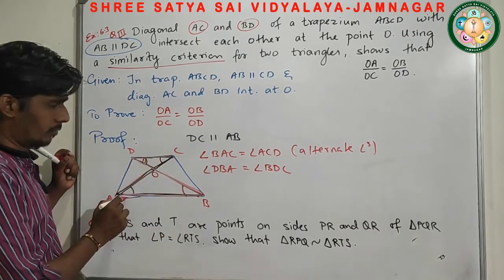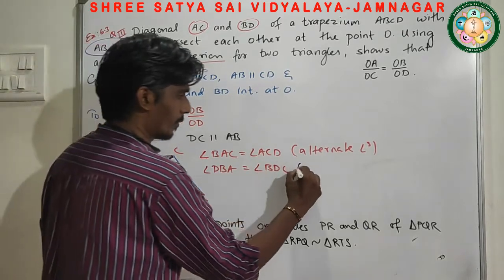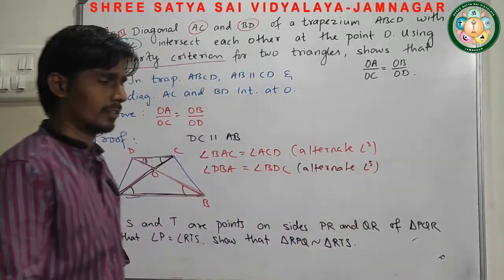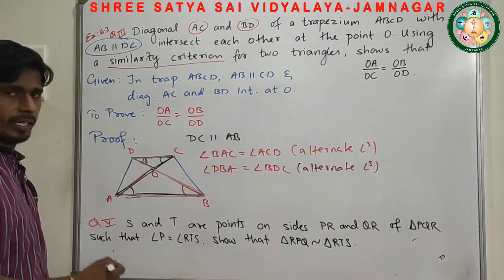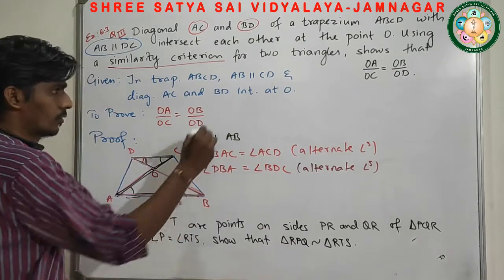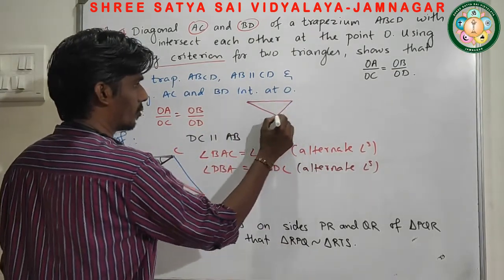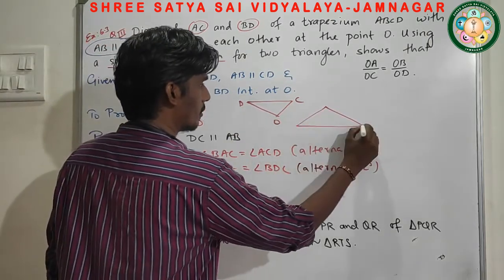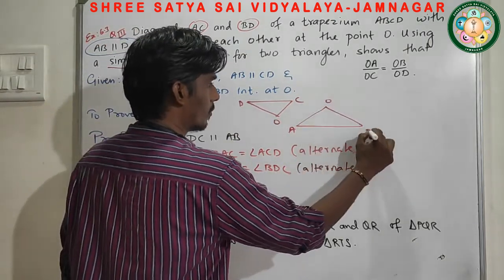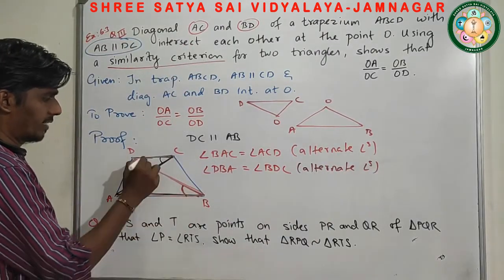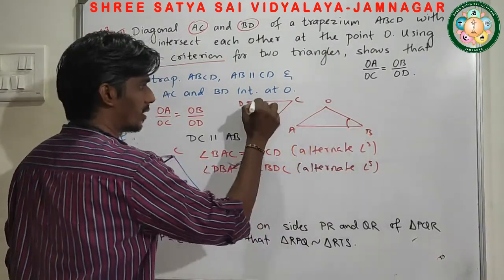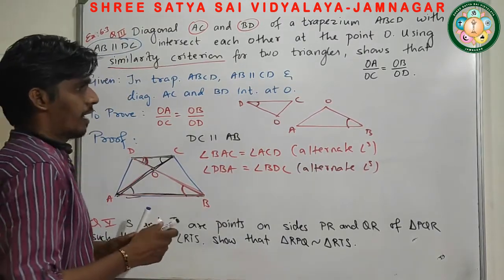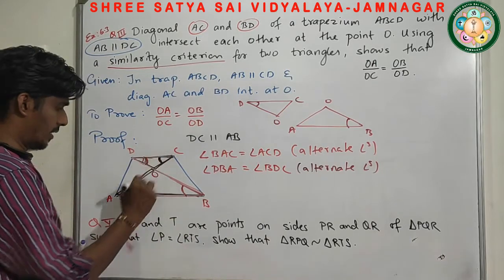Here also Z is formed. So these two pairs are what? Pairs of alternate angles. Now, if you look at two triangles separately, if I measure the two triangles separately, this is COD and another triangle AOB. So this B angle is equal to D angle. By this second condition, and this angle C is equal to angle A.